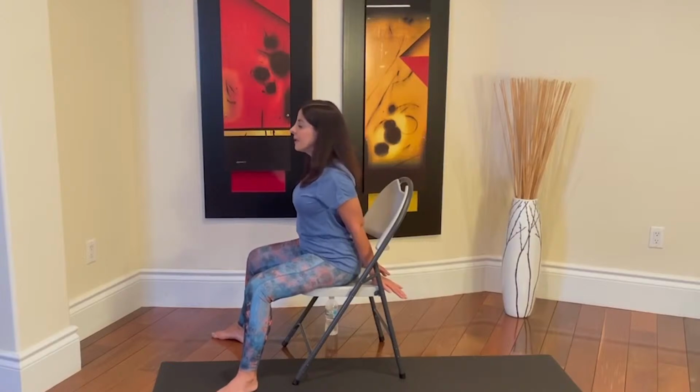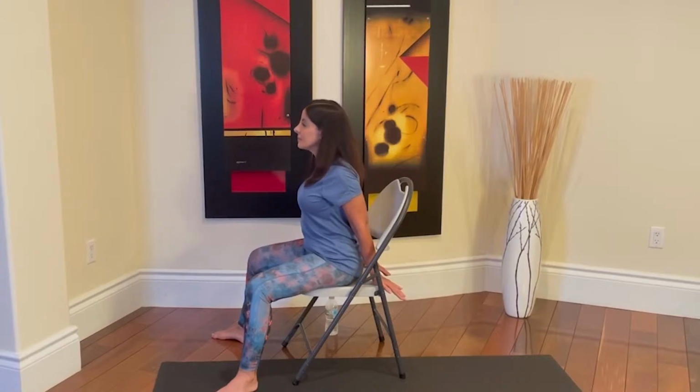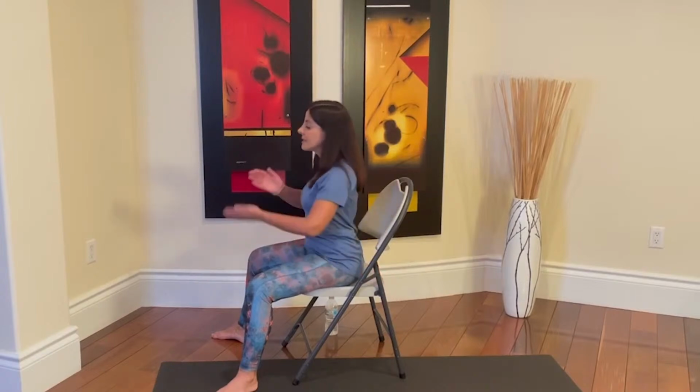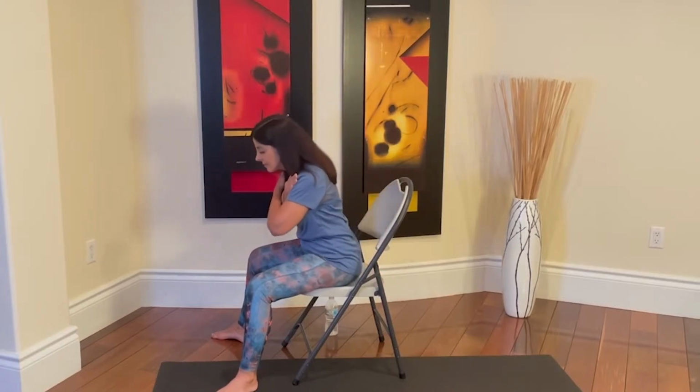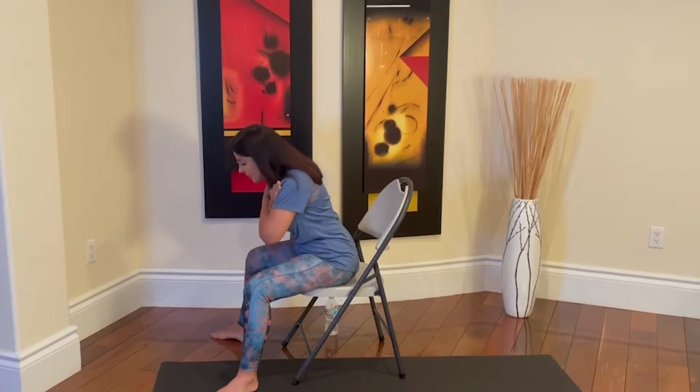Inhale. And now I'm just going to press, press, press. I look up, open the heart, and hold it. And take a nice deep breath. Inhale and exhale. As I gently release it, I'm going to cross. I'm going to go forward and take a nice deep breath. As I gently lift back up,